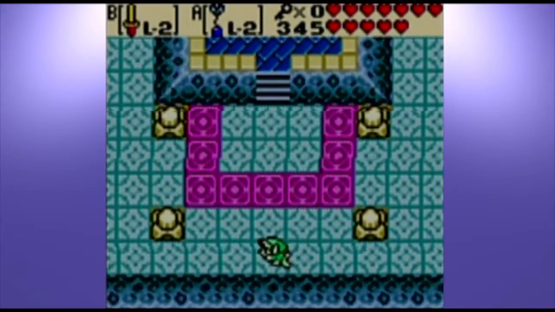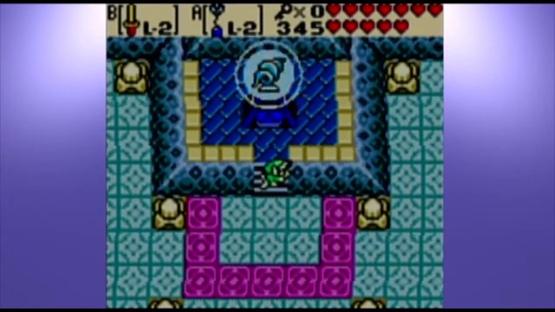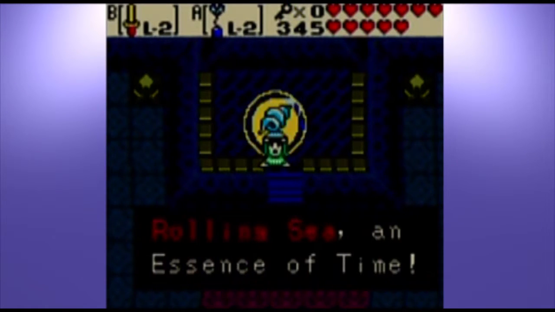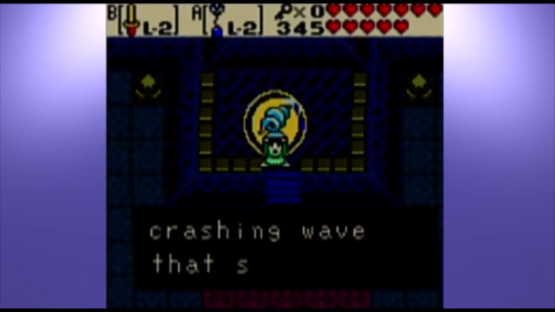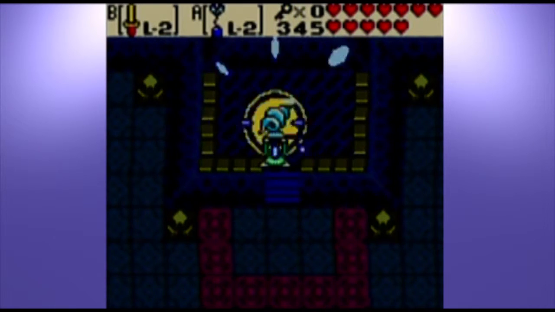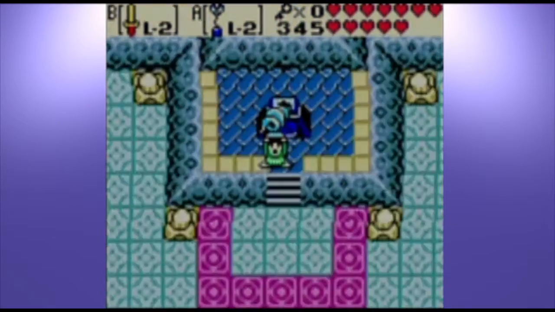And as if it wasn't enough of unoriginality, this was another... look at that. Check it out. The essence. You got the Rolling Sea, which is a recoloring of the secret seashells. The mystical song of the sea roars into a crashing wave that sweeps heroes out into adventure. Yeah, no, seriously, that does look like the secret seashells from Link's Awakening that you had to collect. It's just recolored. Seriously, it does. But